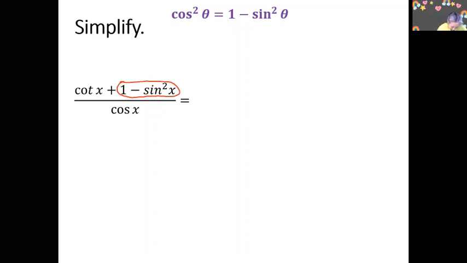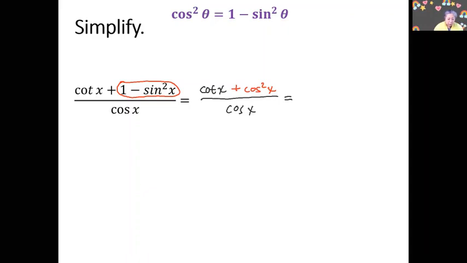So then cotangent x, and then I will rewrite the part with plus cosine square of x, and then I can copy the denominator cosine of x there, right? Then now